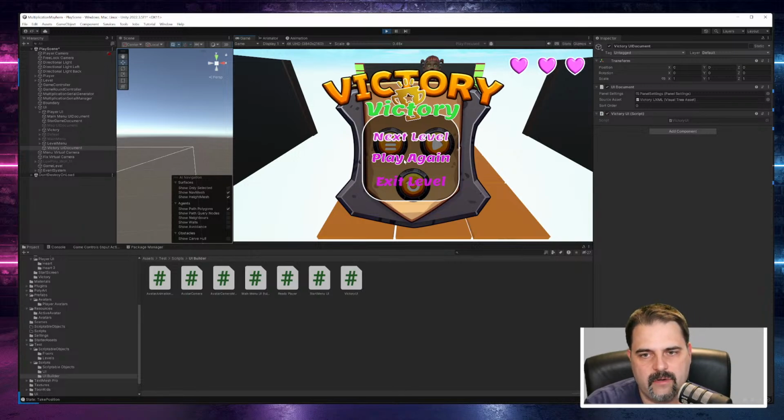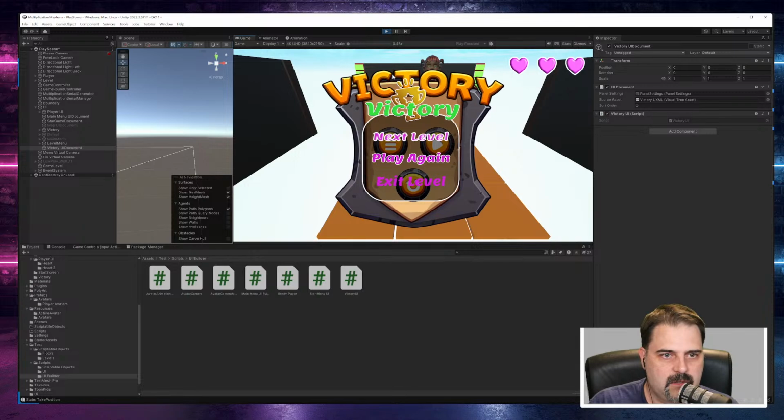Okay, I think I will use the lock, because I will have a lock on the levels which are not available yet, and maybe grayed out. I have to draw that up, so I'm not doing that right now, and I don't have at the moment the next level functionality. So let's play again. That should give